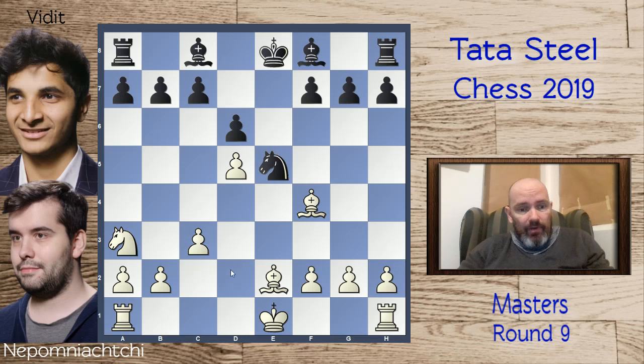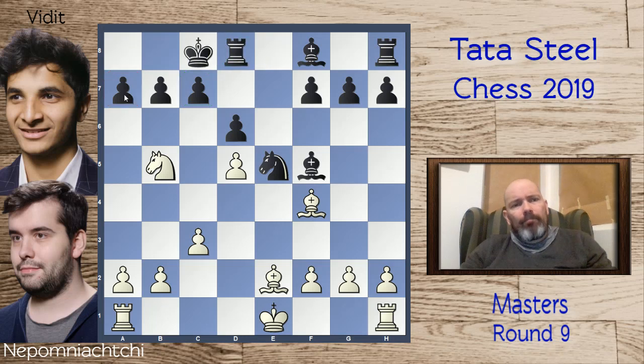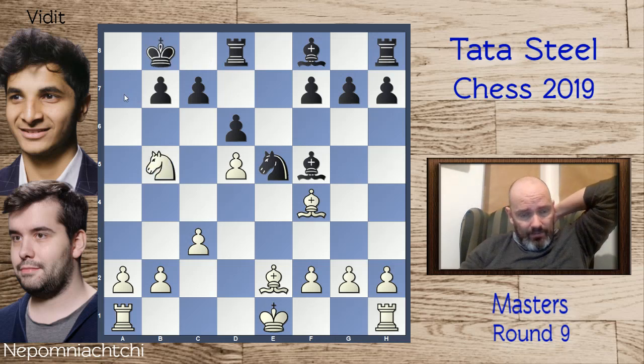and why does he put it on a3 and not on d2? Well, because from a3 you can go to b5. So after black develops, which it did, the light squared bishop, knight to b5 is a bit annoying, because you don't have a really good way to protect this pawn. If you move the rook, you have to worry about this one. But black castled here, allowing white to take on a7 with check. The knight went back, of course, and we'll note that white didn't have time to take on e5